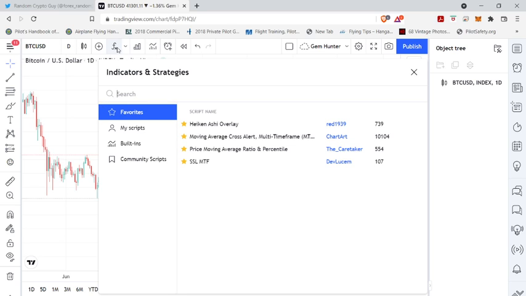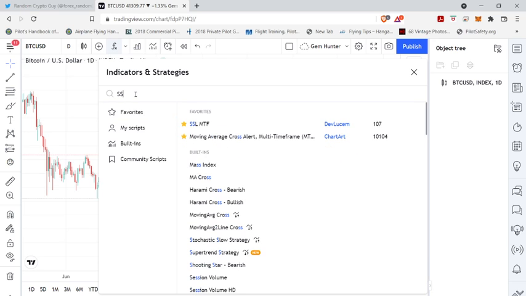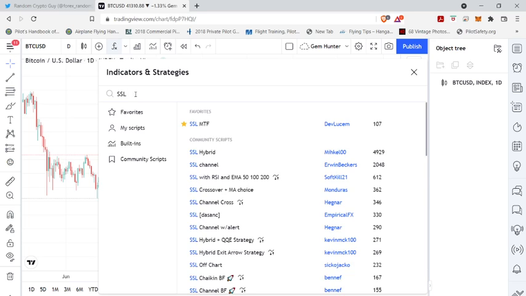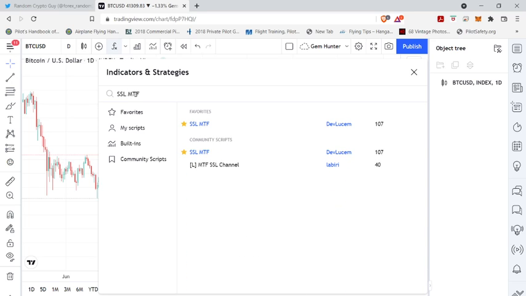So we're going to click to the indicators and strategies, and we're going to type in SSL space MTF. This is the one we want. It's SSL multi time frame. That's what the MTF stands for, because we're on the daily chart, but we want to look at the weekly time frame. That's the reason why we're going to do that. And then you want to favorite it so that you don't lose track of it. So click the little star next to it,